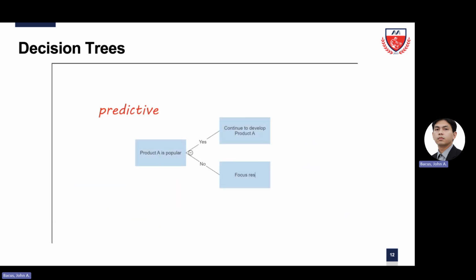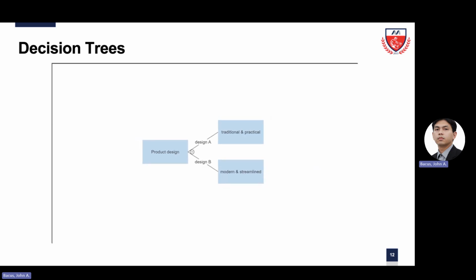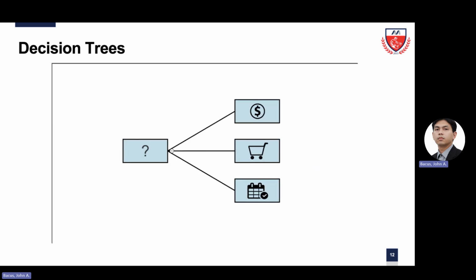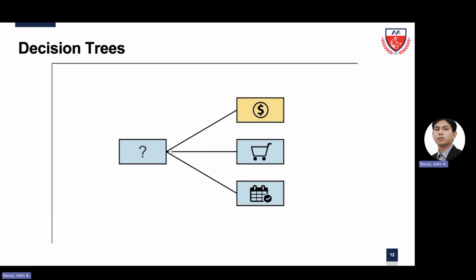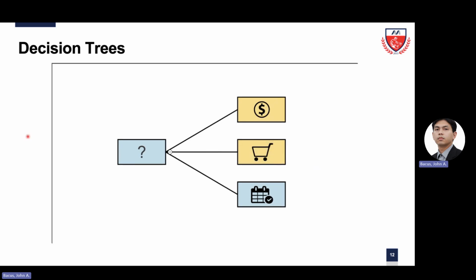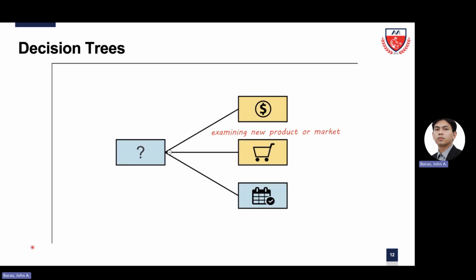A decision tree can be used in either a predictive manner or a descriptive manner. In either instance, they are constructed the same way and are always used to visualize all possible outcomes and decision points that occur chronologically. Decision trees are most commonly used in the financial world for areas such as loan approval, portfolio management, and spending. It can also be helpful when examining the viability of a new product or defining a new market for